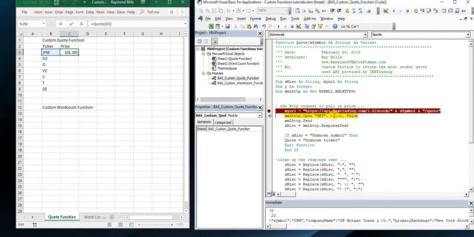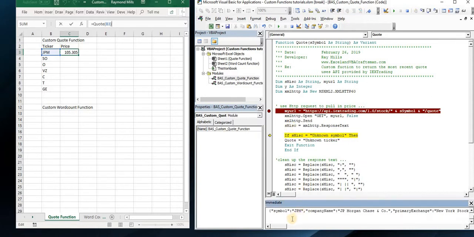So let's send it out. It sends out using an HTTP request. It sends out the URL. Boom, and it comes back with a response. The response looks like that. Now I pulled it out down here just to show you in the immediate window. And like I said, it comes back with more than just the quote. It gives you the company name, the sector, the primary exchange, open time, open price, the close price, etc. Tons of stuff. A lot of stuff is here. And if you're into this detail, you could